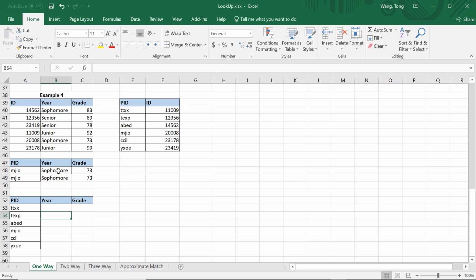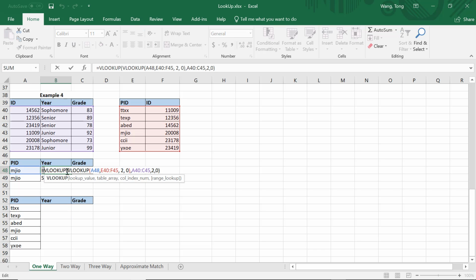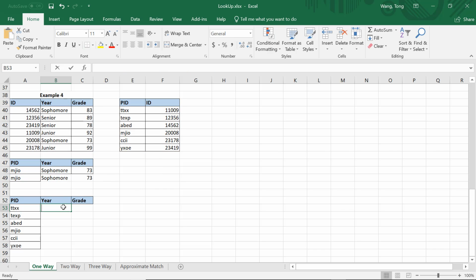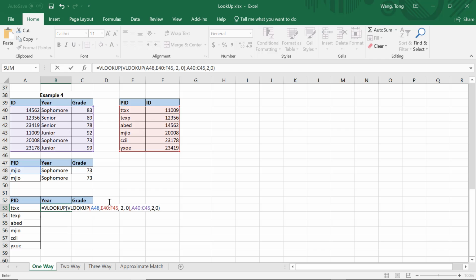So just to save some time, I'm just going to copy, Control C, escape, Control V. Okay. We need to make some changes to this formula, just minor changes. One is that in this formula here, we copied from here, it's looking for